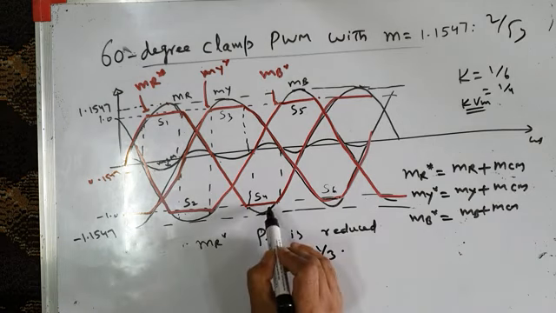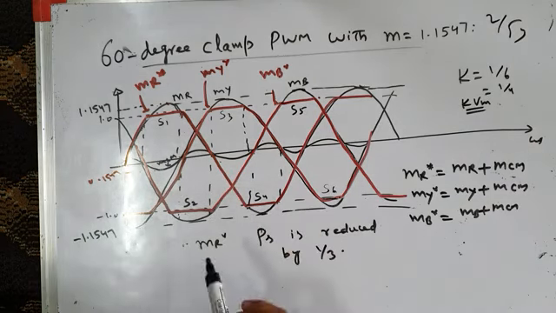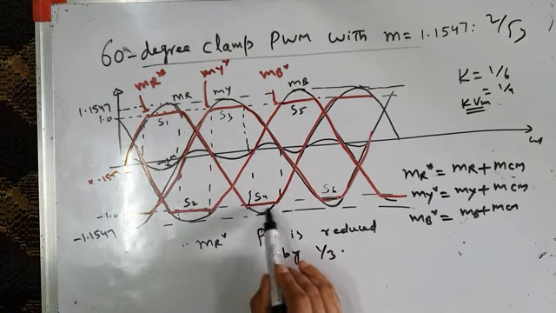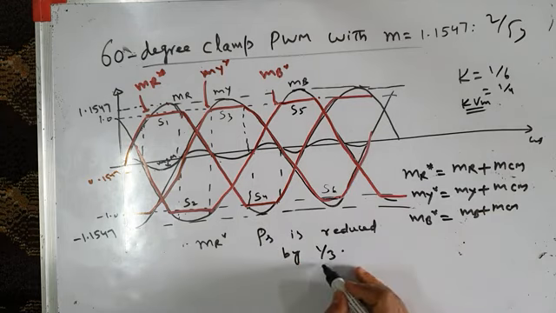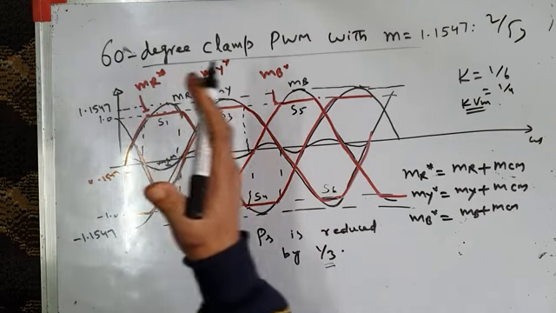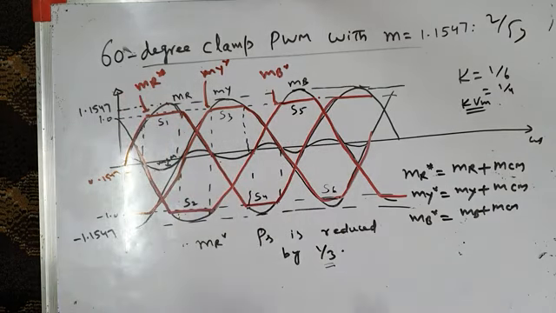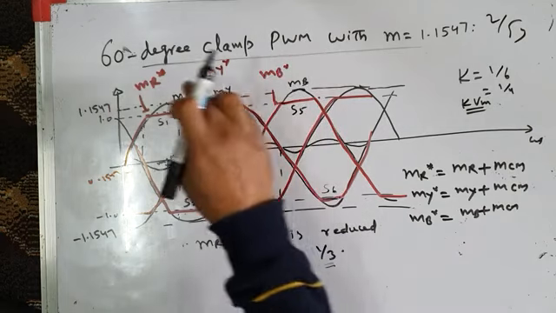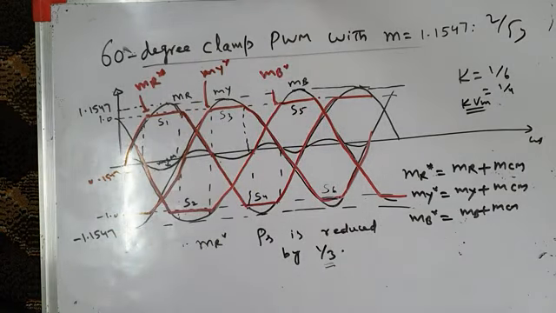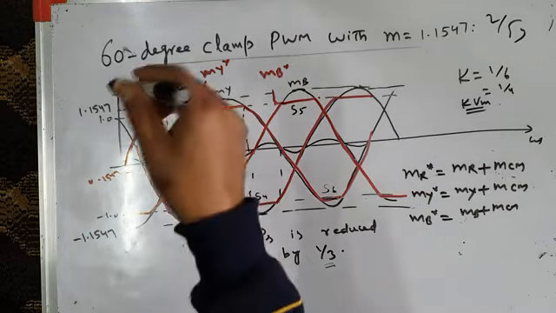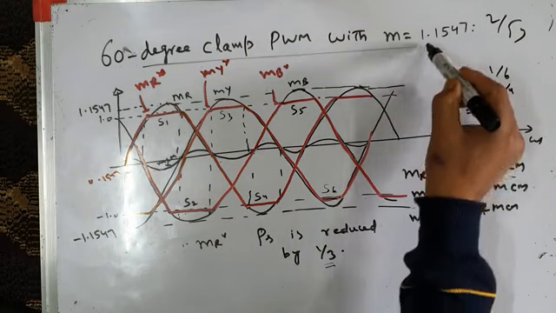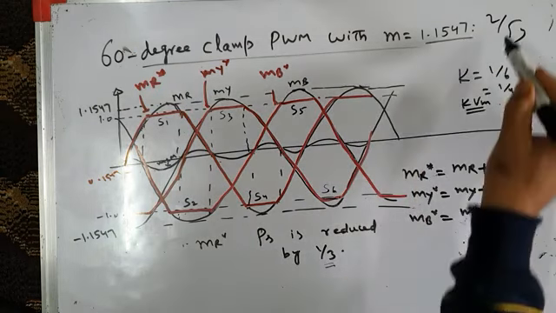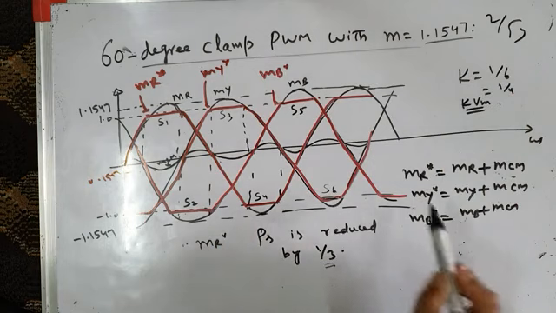Because 60 plus 60 is 120 degrees, in a cycle of 360 degrees, phase leg R is not switching for 120 degrees, and for the rest of the 240 degrees it is switching. So therefore switching power loss is reduced by 1/3 in each phase leg R, phase leg Y, as well as phase leg B. So this is another way of achieving the bus clamping, 60-degree clamp PWM, not by the way we did just a few moments back, by having a modulating wave which is over modulated, whose magnitude is 1.1547, that is 2 by root 3, and calculating the